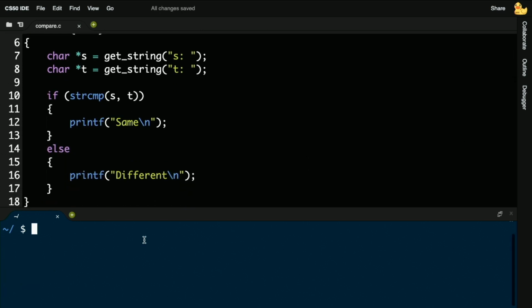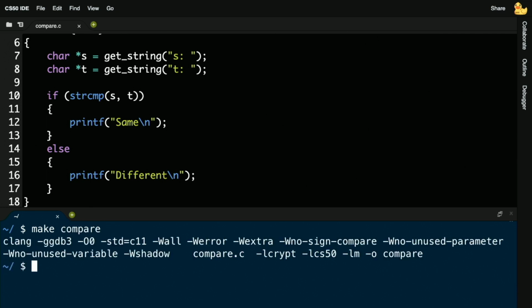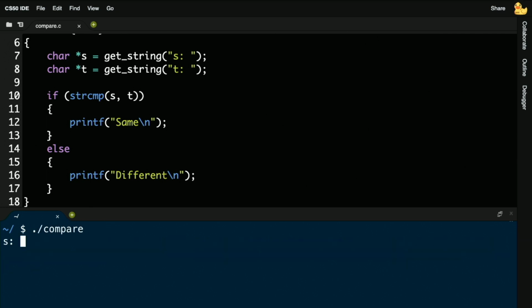But if I use strcmp, let me go ahead and recompile this. Make compare, then ./compare. Now let me type hi and hi identically. Now they still seem to be different. And damn it, I made the same stupid mistake as I did last time. Does anyone know what mistake I made when comparing two strings? Somehow I seem to be very good at making this mistake.